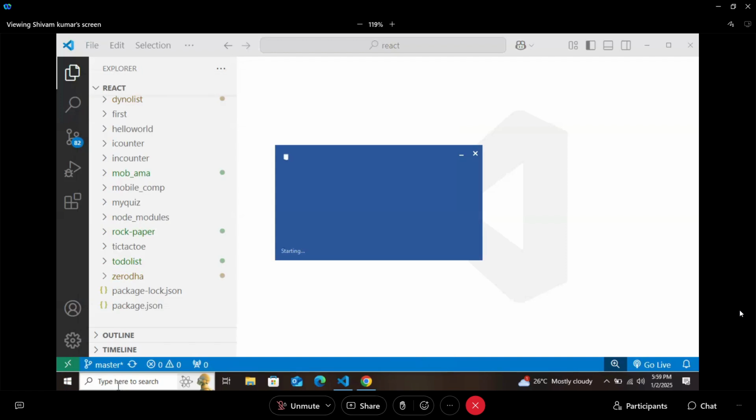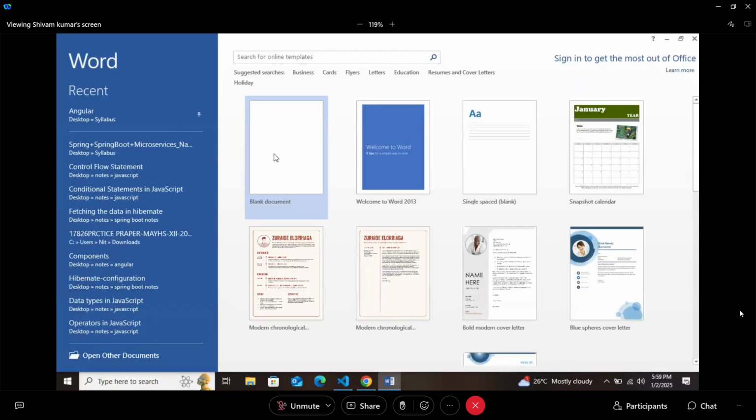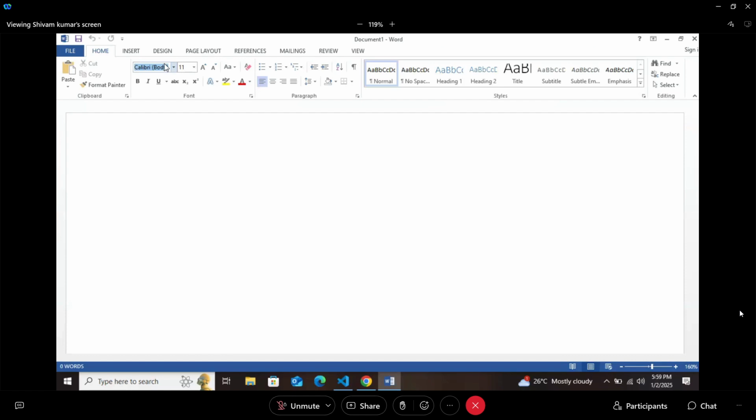Now let's start. Complete this Zerodha. This is a task for all of you. Whatever we are doing in class, it is your task. I don't want to give you homework right at the top, like open your diary, write your homework. Not like that. Whatever we are doing, it is your duty to perform that task. Okay. Now, from today onwards, we are going to start the next module.